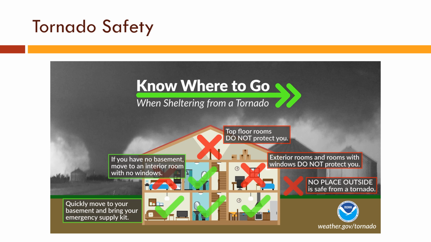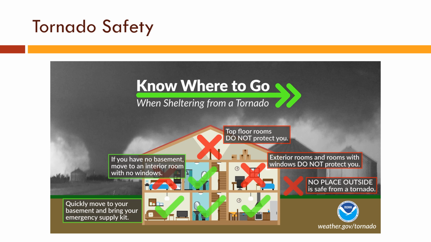Do not stay in upper levels of your house if you have a house of multiple stories, because that top of your house is the first thing that's going to get ripped off when that tornado passes through. Once again, try not to go to exterior rooms if you can avoid it. Do not stand in front of windows. This is a recipe for death, because those windows will shatter and send glass flying everywhere. There is no place safe outside from a tornado. So if you have any option whatsoever for getting inside, even if it's not the optimum space,